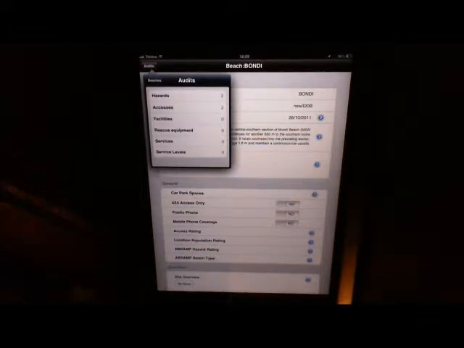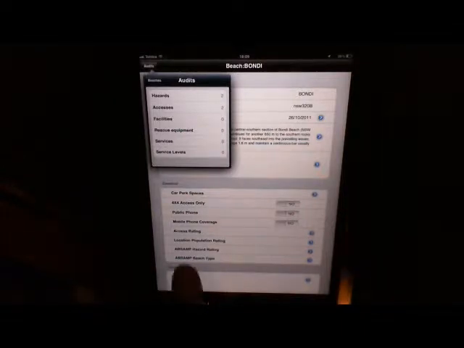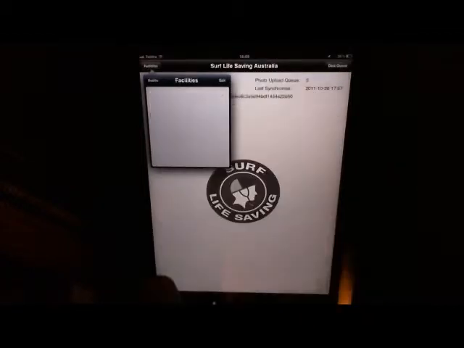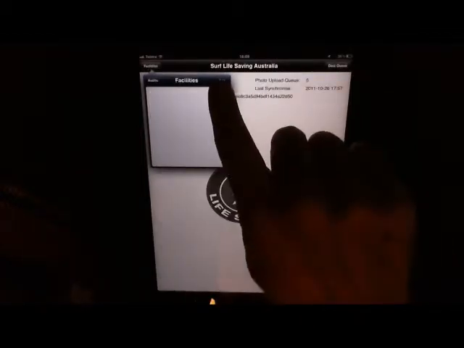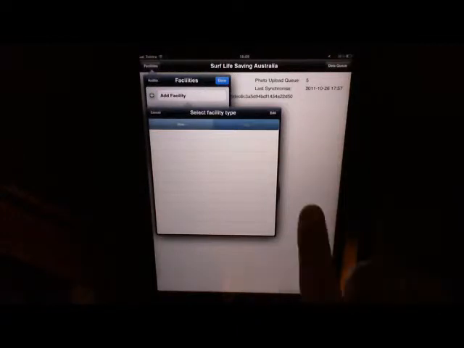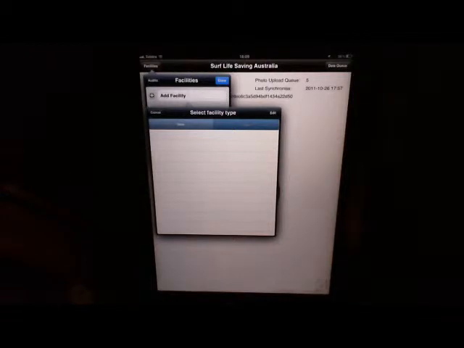menu. In this video we're going to enter and assess and audit the facilities, so I'll select the third item down, which is facilities, and to add a new facility I hit the edit button and then hit the plus button next to add facility. Now that brings up a menu which is blank at the moment because we haven't added in any facility